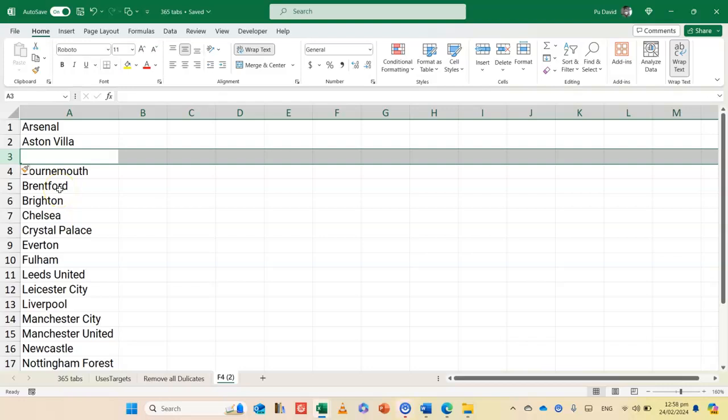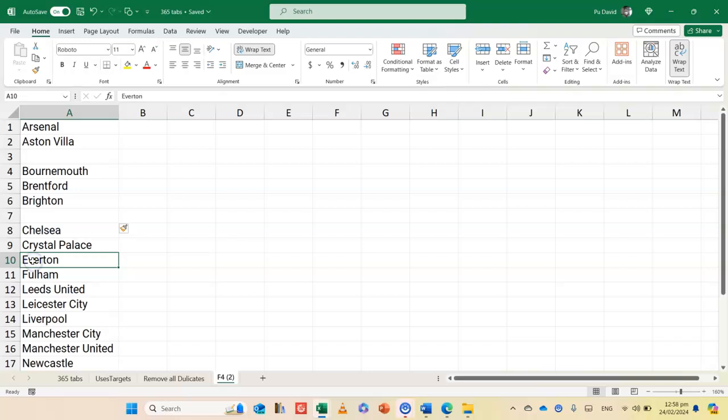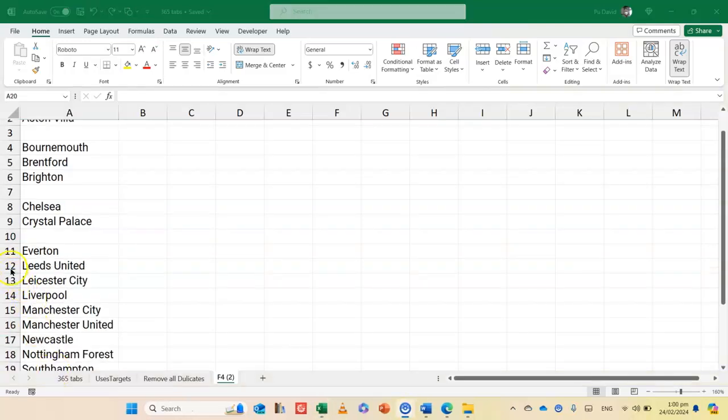Now, as you can see, I'm going to want another one before Chelsea. So I go to Chelsea, and on my keyboard I've got to do Fn as well as F4. So here we go, F4, and there it is. Another one before Everton, F4. And another one after Everton,